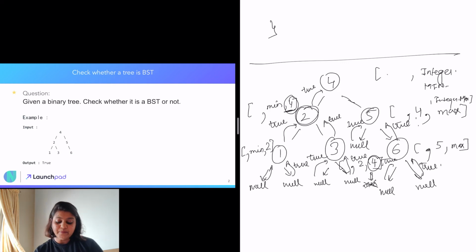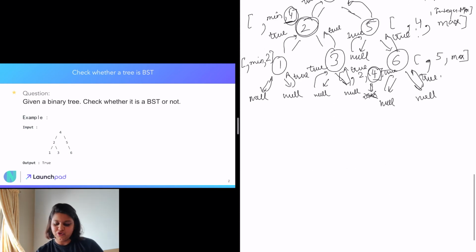Now for 5, both the left subtree, the right subtree, and the node itself hold the constraint, so we are going to return true. Now for 4, the left subtree, the right subtree, and the node itself hold the constraint, so we are going to return true, and so this binary tree is a binary search tree.